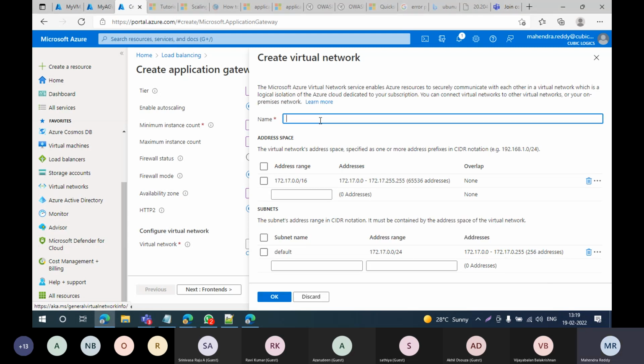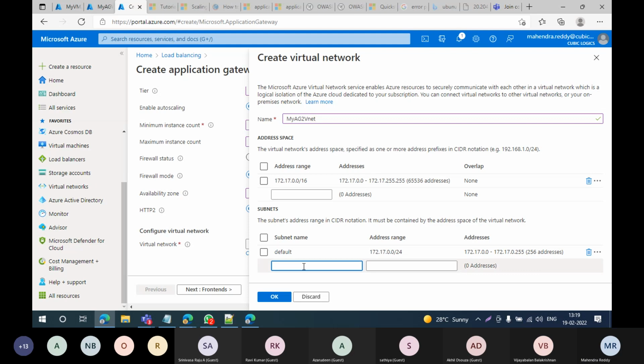Yeah, I'm creating my AG2 VNet. When we come here, you see one subnet comes by default, which is assigned to the application gateway. We need to create one more subnet to connect to the backend pool. The backend pool is nothing but our endpoint machines, the machines we attach to this gateway to communicate.